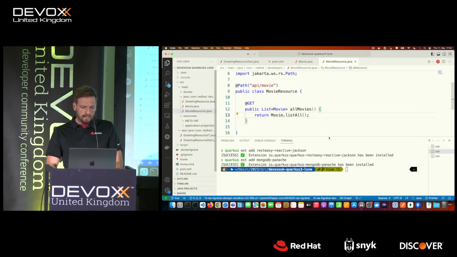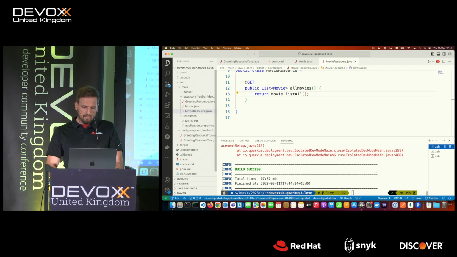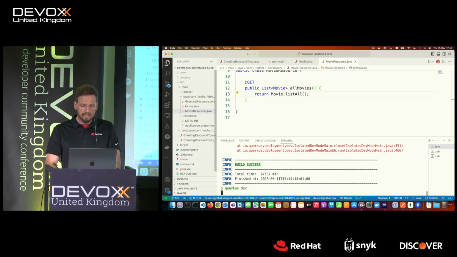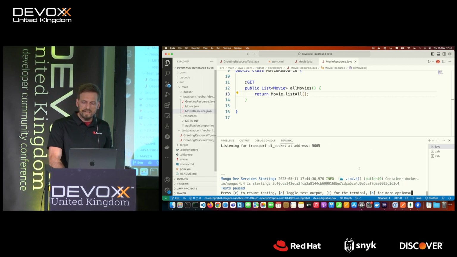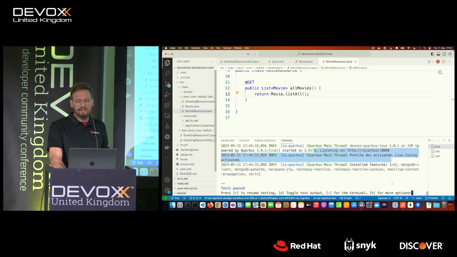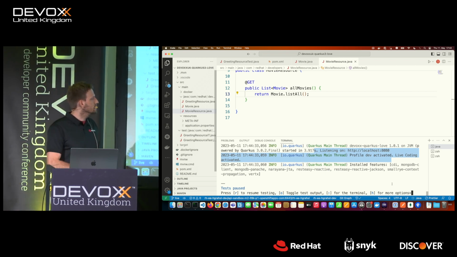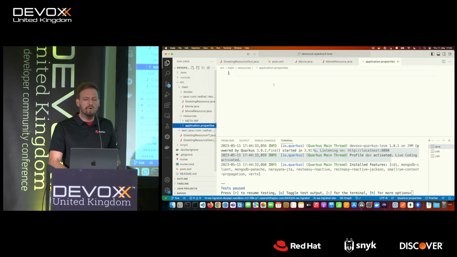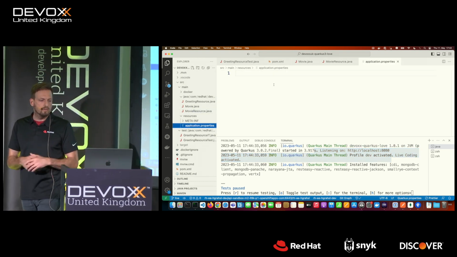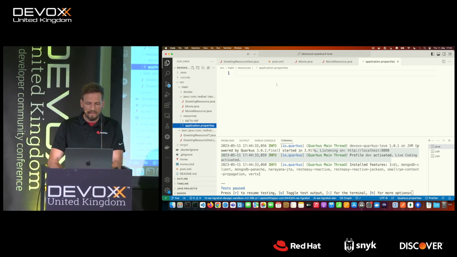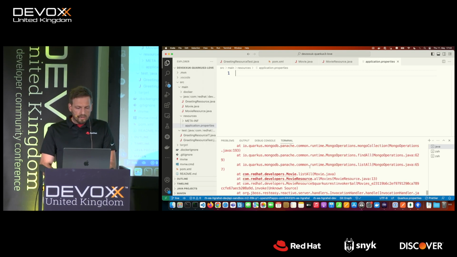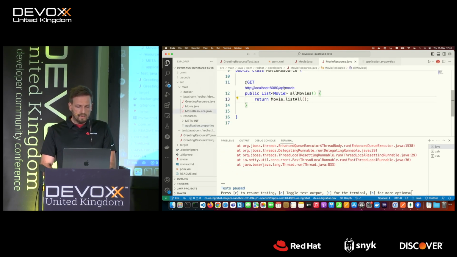What's going on here? Let's see what happened. Oh, that's interesting, right? It's one of those days where for some reason dev mode keeps running and keeps starting, but let's see what it does right now. So you see it spins up a container here automatically. I don't even need to do that. It detected the extension, and it knows I want to talk to MongoDB, and it starts the container because I have no database connection set in my properties. So it thinks, hey, I will give one to you with the default settings so that you can use it, okay? So now there's a database up and running,